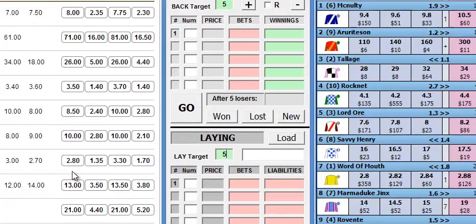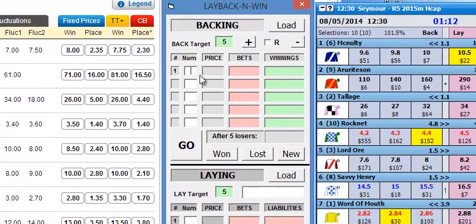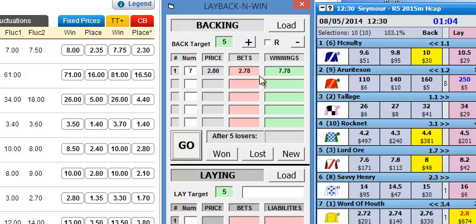So if we're looking at backing number 7, we put in number 7 there. We put in the price there, which is at 2.8. Okay, we click go. It tells us we need it back for 2.78. If we go over to the laying here, we can see the laying for Word of Mouth at the moment is at